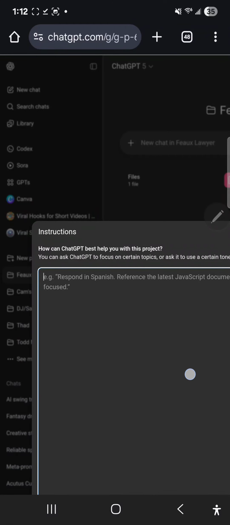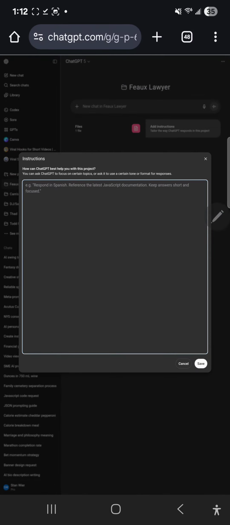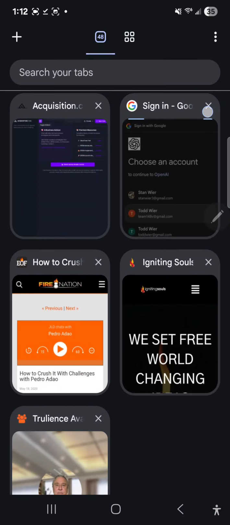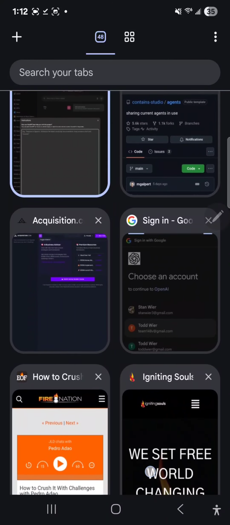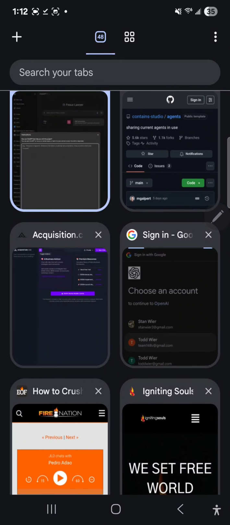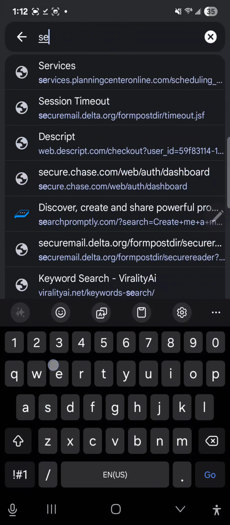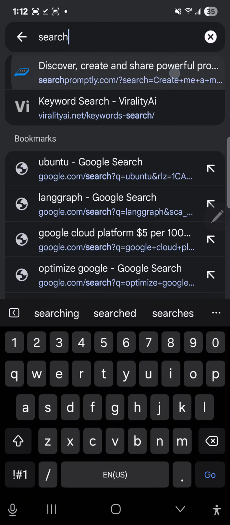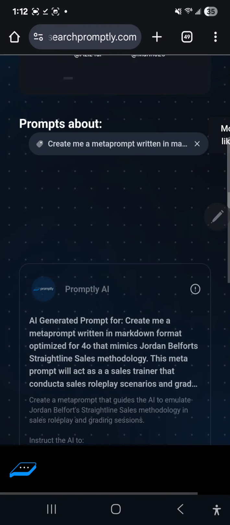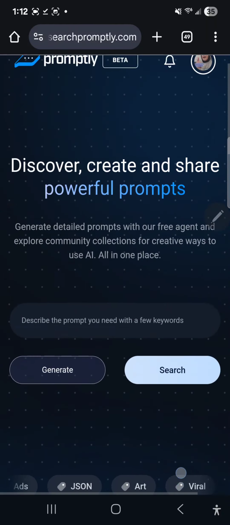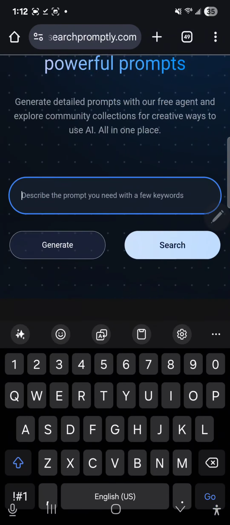All right. I can teach you how to do these custom and a lot better, but this is a quick trick hack. All right, we're going to go to searchpromptly.com. I got it pulled up on another screen here. Where is it? Oh, maybe I don't. There we go. Now what you're going to do is you go up to the top here, just type in